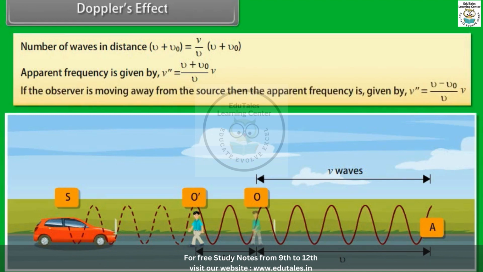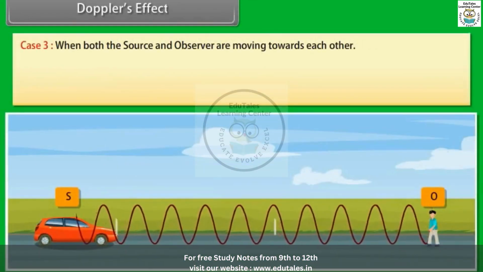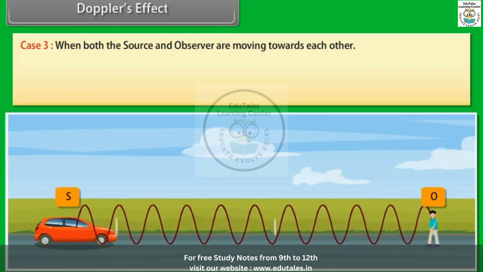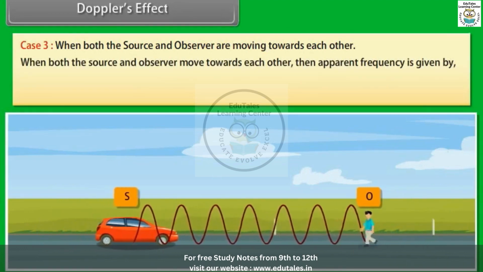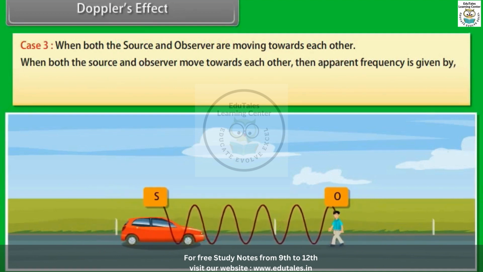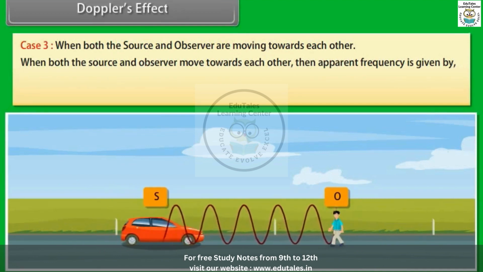If the observer is moving away from the source, then the apparent frequency is given by nu double dash is equal to v minus v0 upon v multiplied by nu. Case 3. When both the source and the observer are moving towards each other, then the apparent frequency is given by